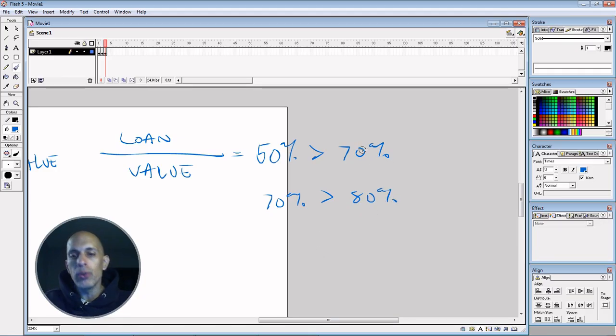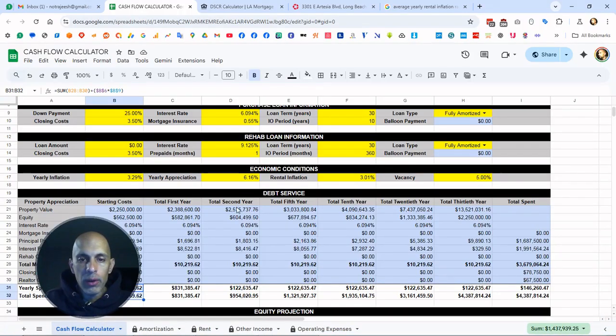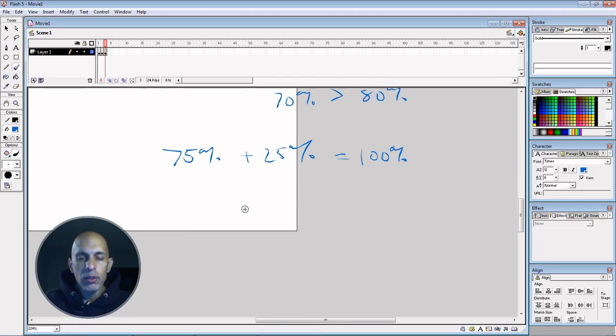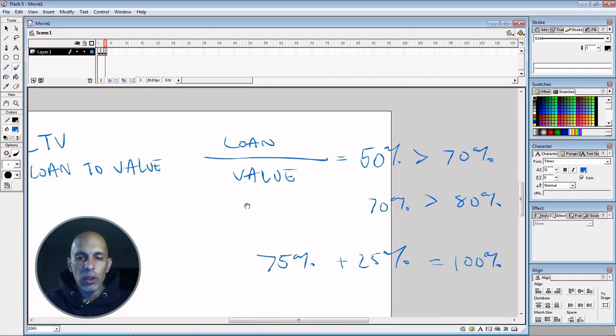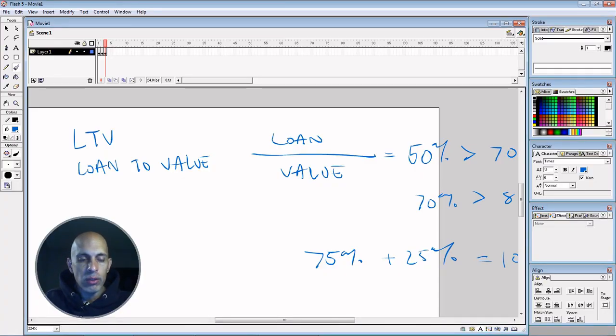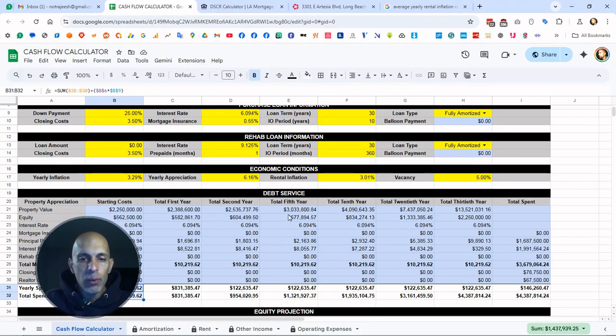It means that for you as the owner, it's better because you have a smaller loan compared to your equity position. And when that happens, the lender rewards you by giving you a better interest rate. So what we want to do, when we bought this, we had a 75% loan to value, because with your 25% cash injection, we are at 100%. So what we want to do is lower your loan to value to a point where we can get a pretty good interest rate. And so in order to do that, we need to figure out